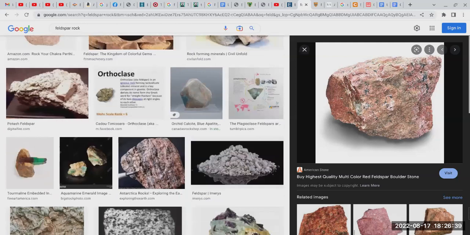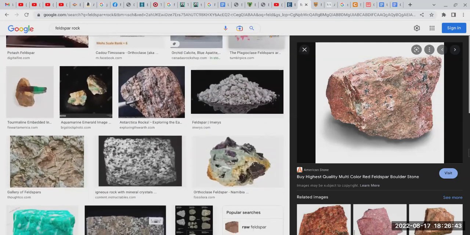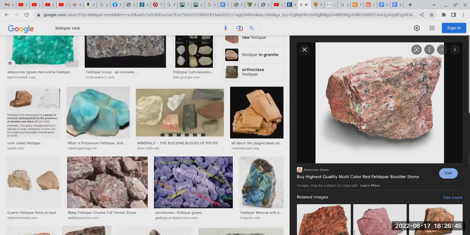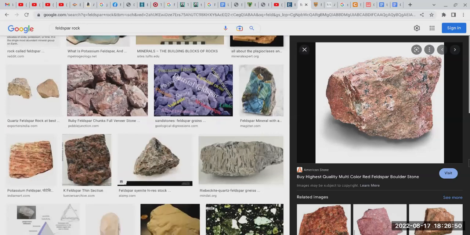Yeah. But as I said before, you have many different types of the feldspars. You have many different types, and as a result of those,